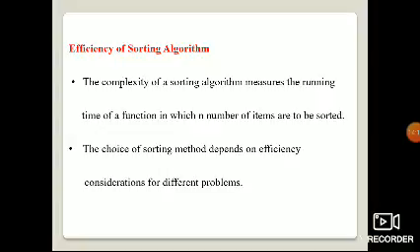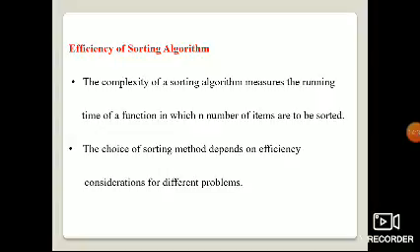For different problems we have different solutions. How do we sort: one by one, select the smallest one, insert, or combine? These are different methods, so based on the problem we choose.